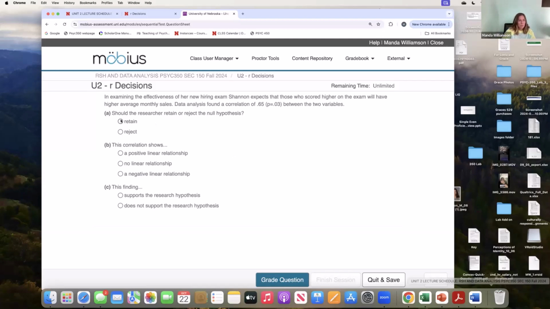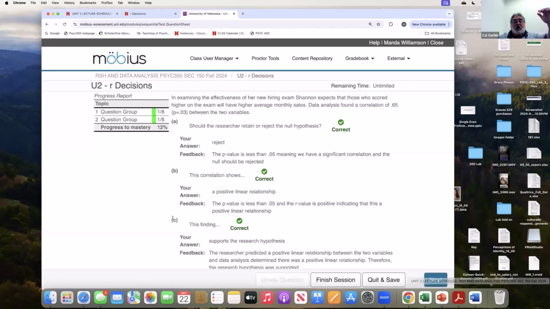Cal, what do you want me to do here? So there's a whole kind of question called mastery in Mobius. And once you have your questions in topics, you go into the content repository, you tell it you want to make a new thing, it asks you what kind, and you say mastery. And then you... That, or are we good? I don't know how granular this needs to be. Christina, are you going to handle this some other time? Yeah, I'm going to do a more detailed bit for later, but I think the one part was more of maybe this is something that you can tap into.